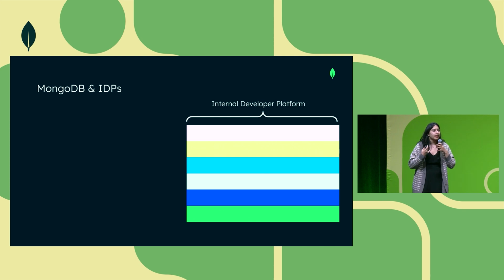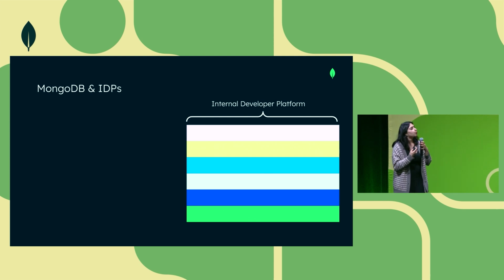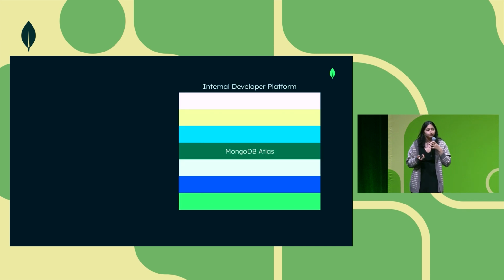And so to remedy that, developers will add in a lot more tools that they think can address those use cases they might run into, inevitably creating infrastructure sprawl. So in order to make developers' lives easier, it's critical that we make it easy to work with data, right? And so ultimately, when Leafy was deciding on the data layer that would be the most optimal for their internal developer platform, MongoDB Atlas, MongoDB's developer data platform, was a natural fit for their IDP.